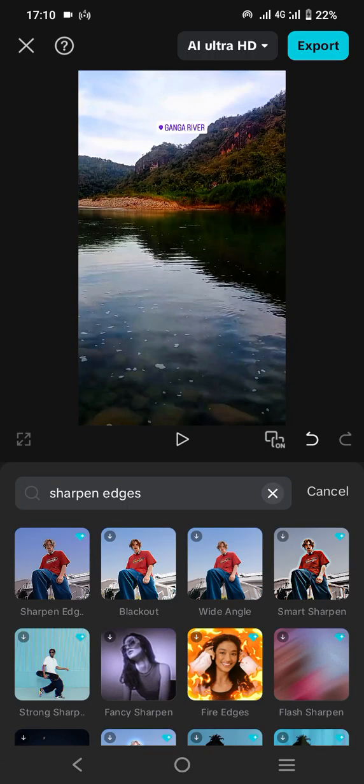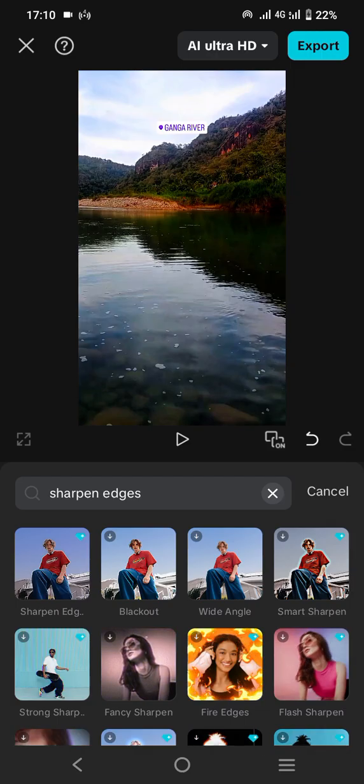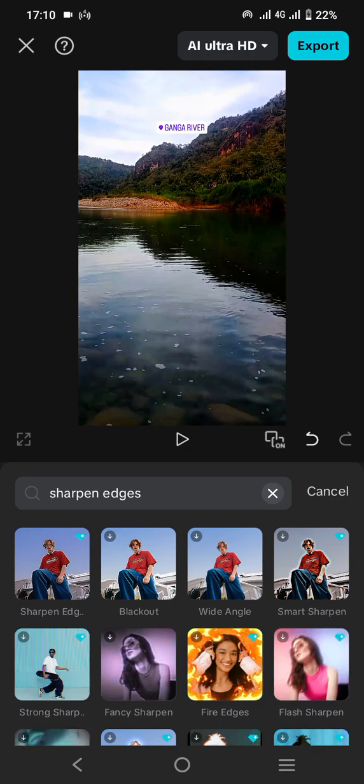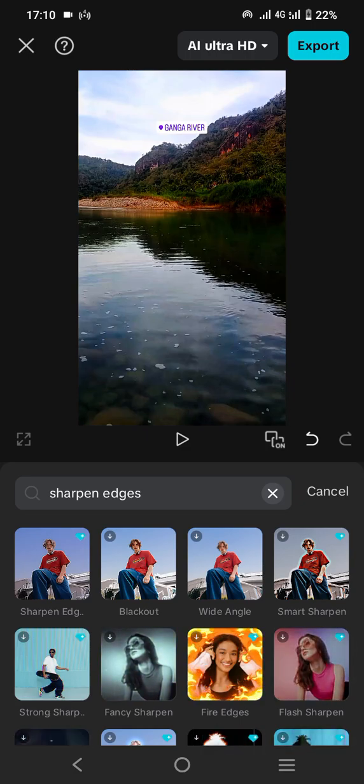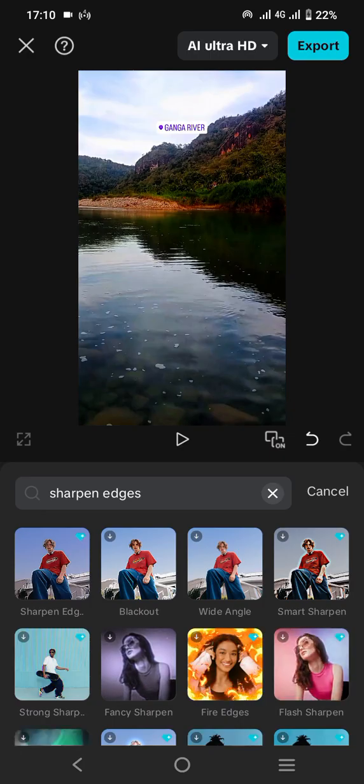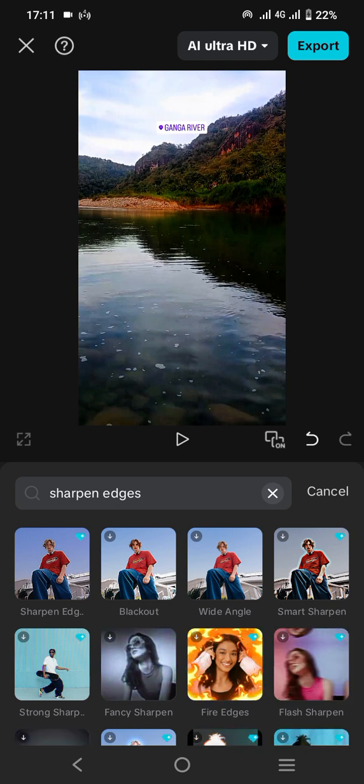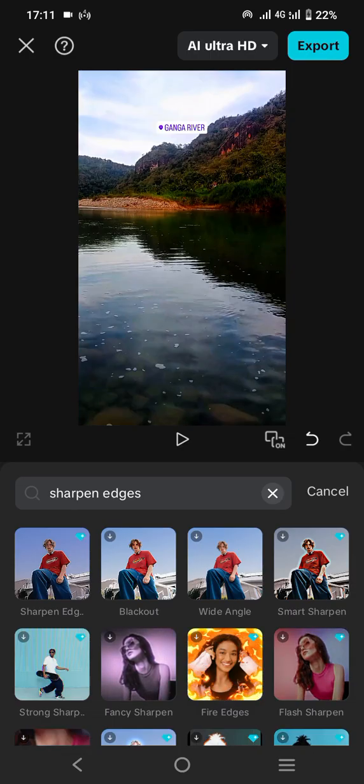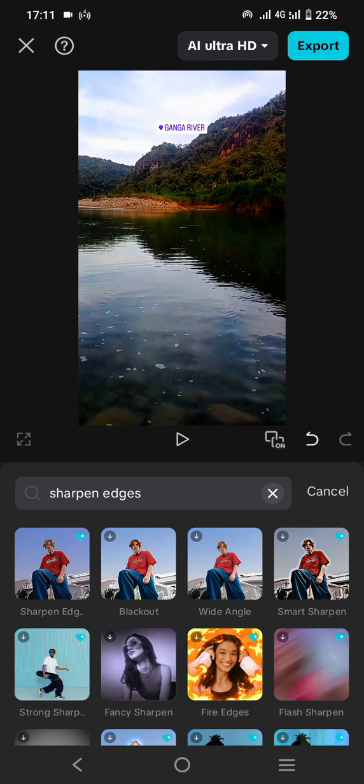As you can see here, the sharpen edges effect has been upgraded to a pro version, which means you can save and export the video with this effect applied only if you have already purchased the pro or upgraded version of CapCut. So this is for the trial. I will keep applying this effect,